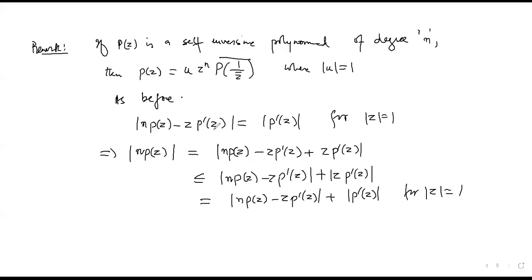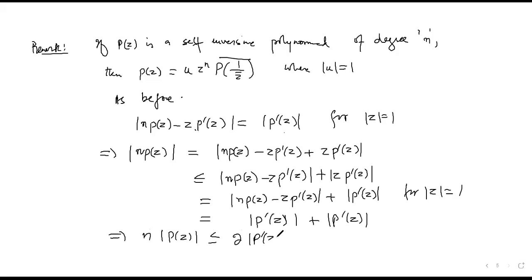But using this for mod z equal to 1, this is equal to this. So this is actually equal to p dash z plus p dash z. Which implies that n times p of z is less than or equal to twice p dash of z for mod z equal to 1, which implies that p dash of z,